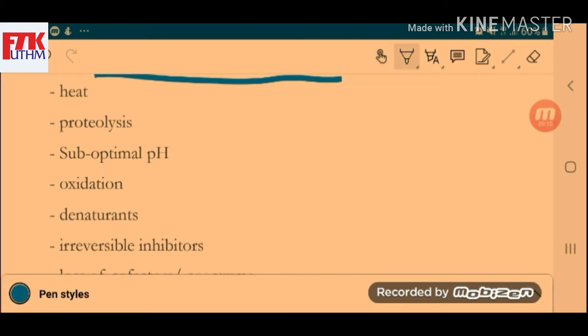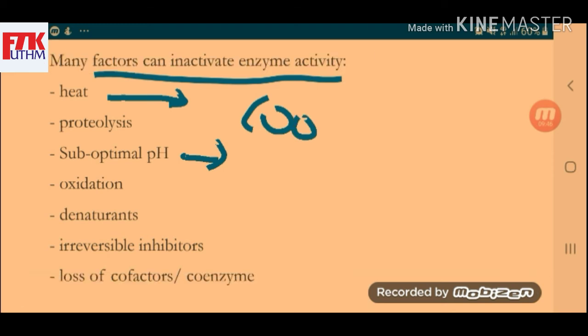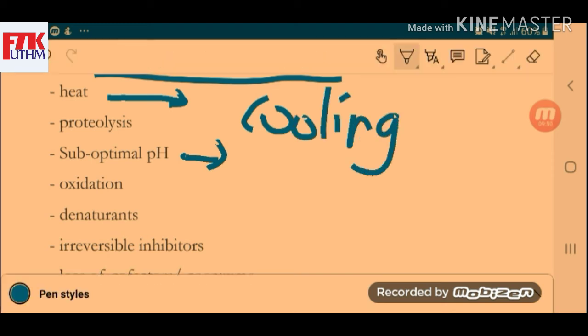So if you remember, heat is an important factor, and pH as well. So together they can affect the enzyme activity up to the stage of inactivation. So it can also affect non-thermophilic enzymes rather than thermophilic enzymes. So you need to have a good cooling process during the downstream processing. Okay, so